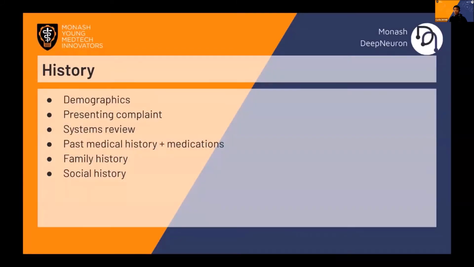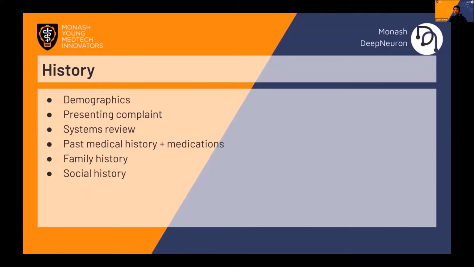So with the history, they first need to ask about demographics, so name, age, and occupation, as well as taking note of their gender. This is important because the diseases that affect the elderly are different to what affect the young. The same occurs for men and women. We then ask what is wrong. The technical term for that is presenting complaint. So in the case of chest pain, we would ask when it started and where the pain is and all of those kind of details to get a better picture of what the problem is.